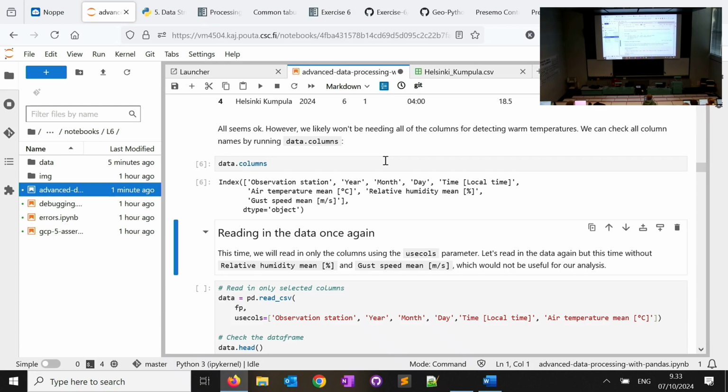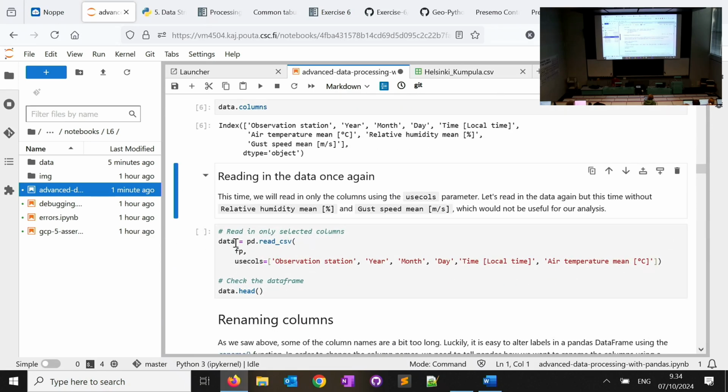As I said, this dataset you get from FMI is quite clean, because in the user interface you can choose what you want. But in many cases you just get a huge dataset from a source with so many columns that you may not need for your work. We saw last week that you can use the usecols parameter to define which columns you want included in your data.